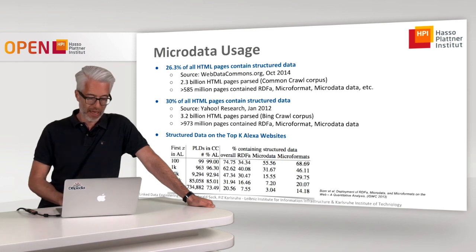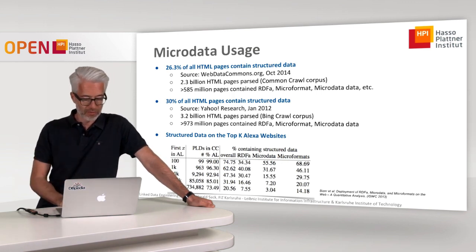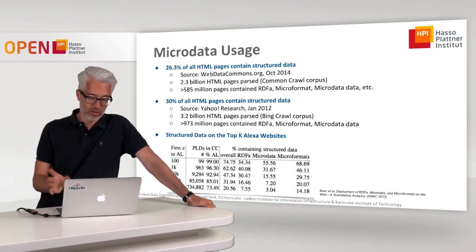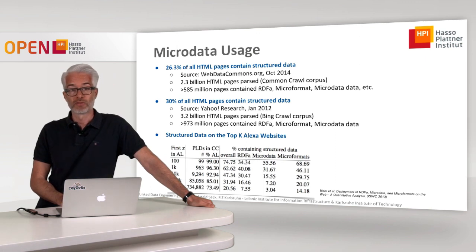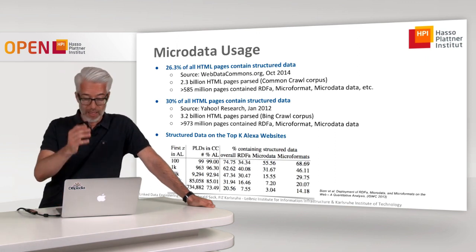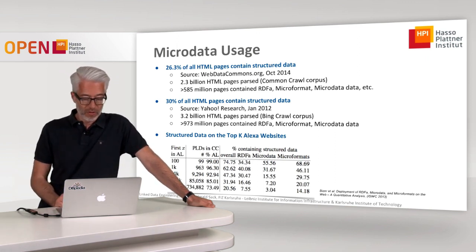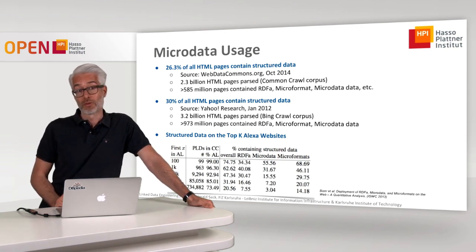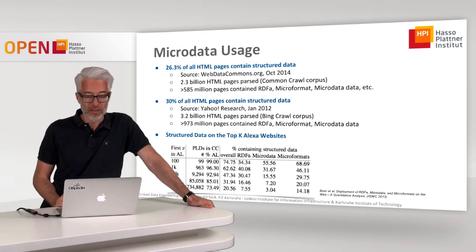We start with 99, and the percentage of course gets lower in the end. From the first million websites from Alexa, only 734,000 are in the common crawl, but nevertheless they can be analyzed. In the top 100, you have an overall percentage of structured data of almost 75%,